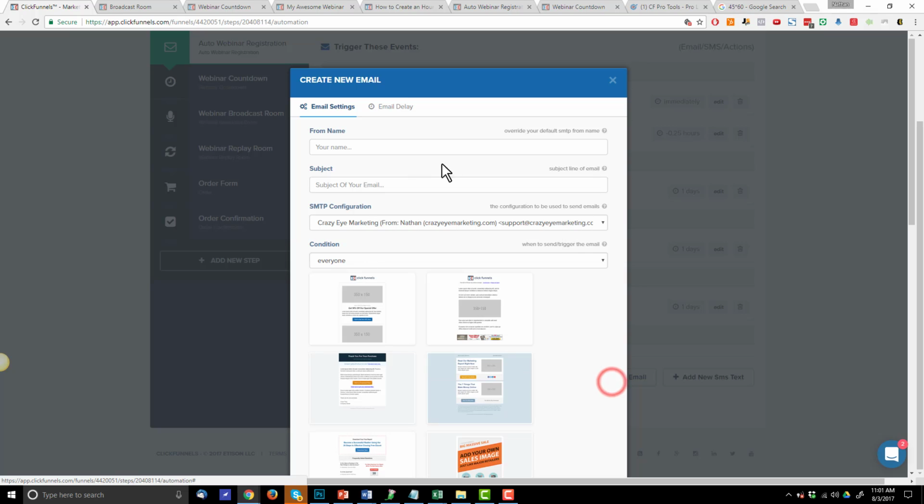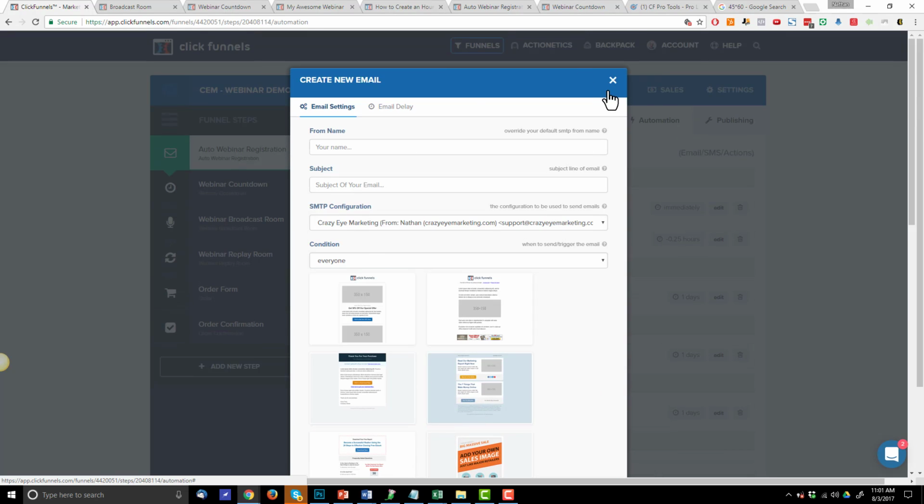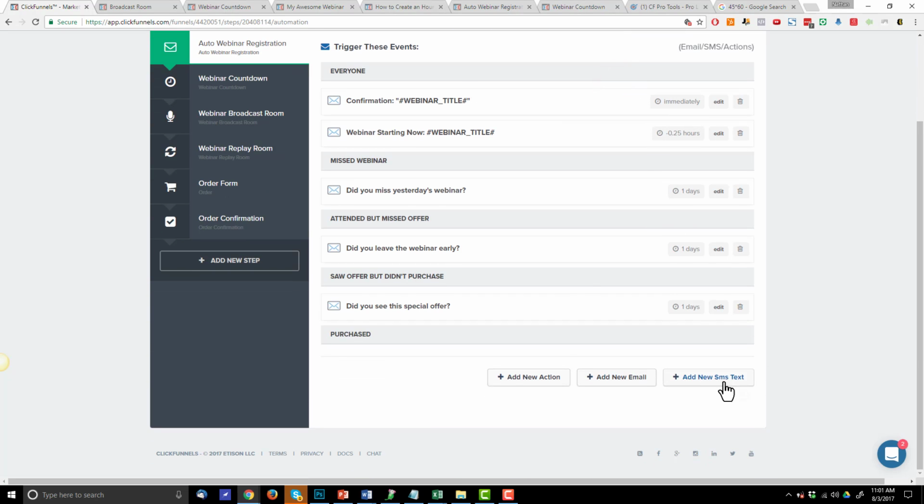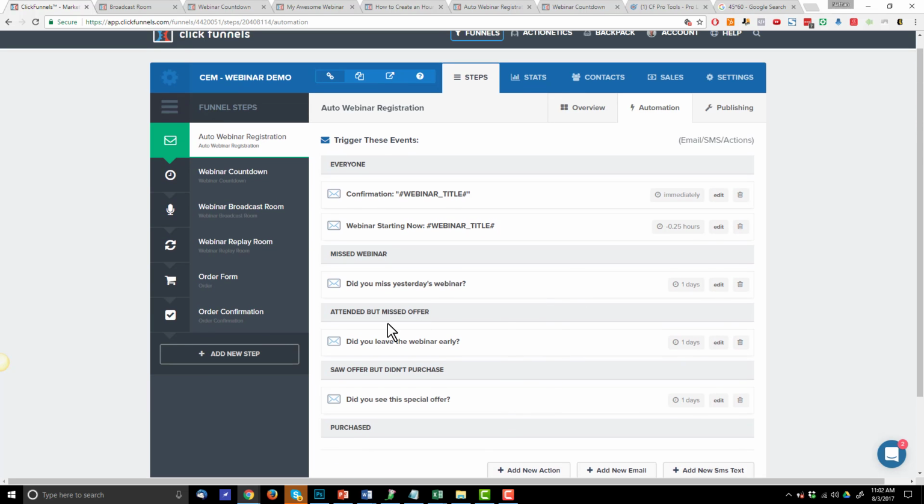Like you can add your new emails here. You can add SMS text if you're connected to Twilio. You can add different actions if you have Actionetics, etc. This is more of a ClickFunnels thing. I just wanted to point out to you where these automations are, so you know where to find them and